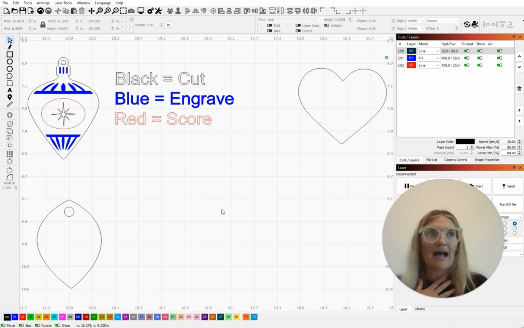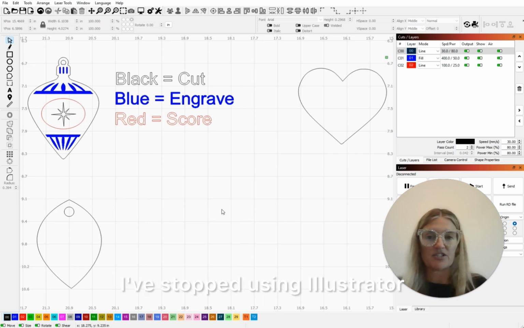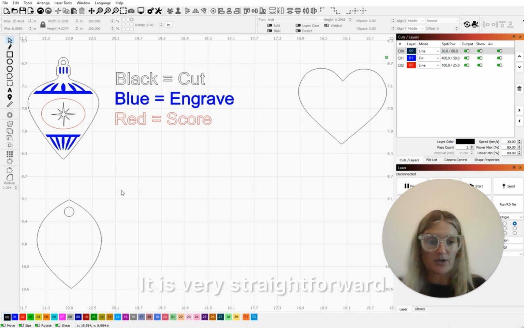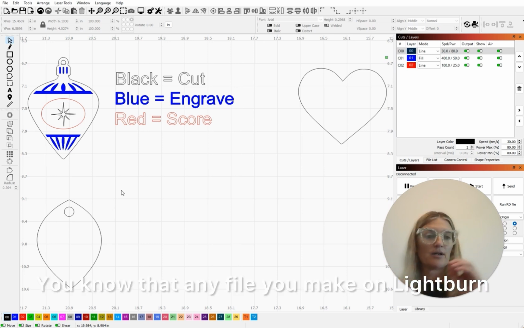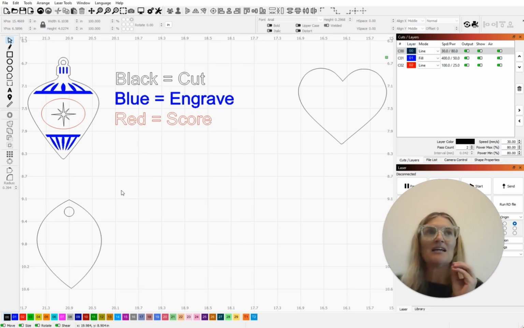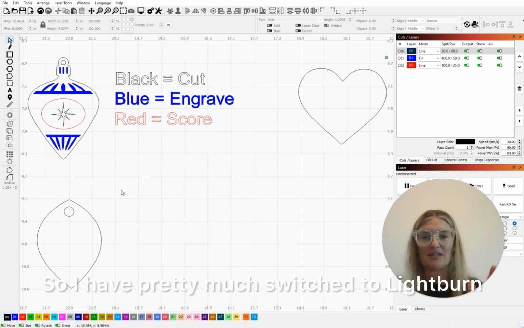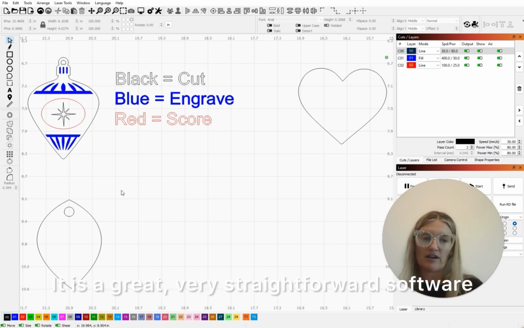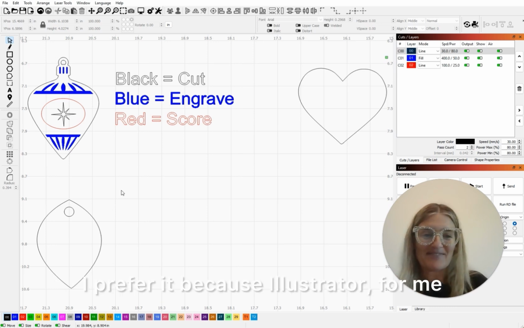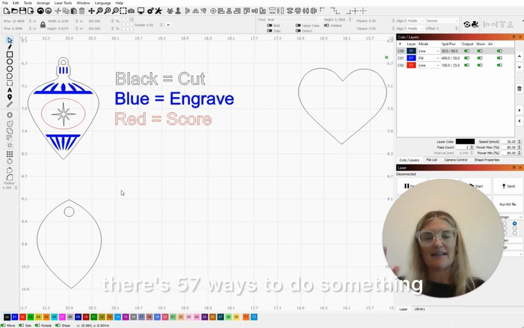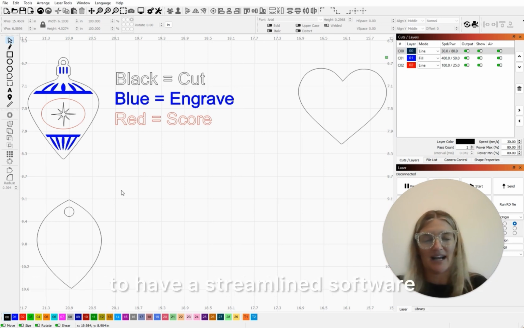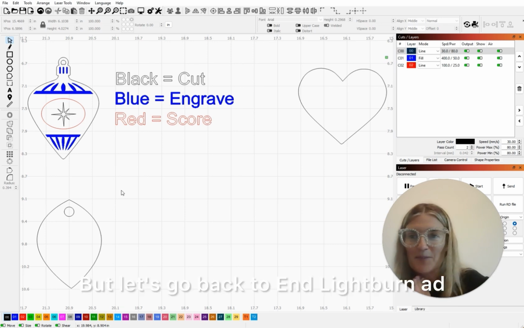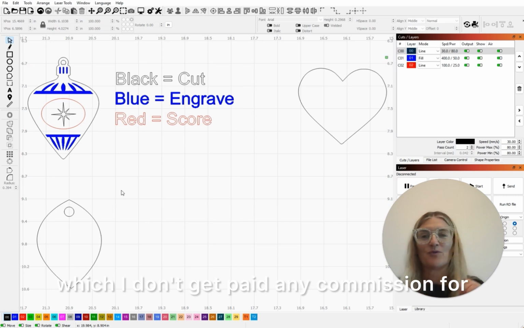I use LightBurn. I used to use Illustrator, but I've stopped using Illustrator. I really like LightBurn. It is very straightforward and works perfectly. You know that any file you make in LightBurn is going to work perfectly in your laser. I prefer it because in Illustrator, for me, there's 57 ways to do something. Here it's a lot more streamlined, and having a streamlined software has really helped me with designing. But let's go back to end the LightBurn ad, which I don't get paid any commission for,